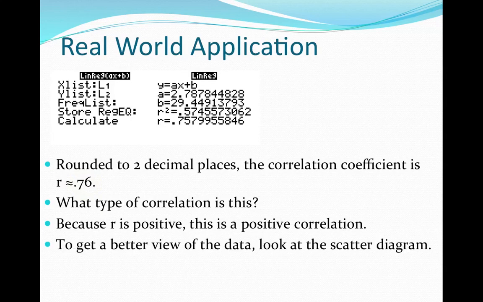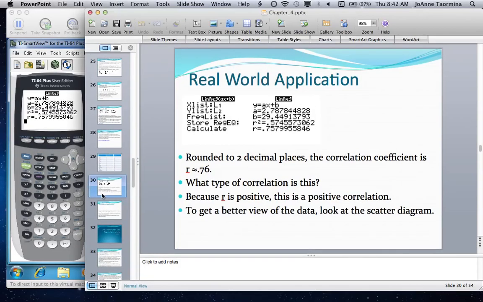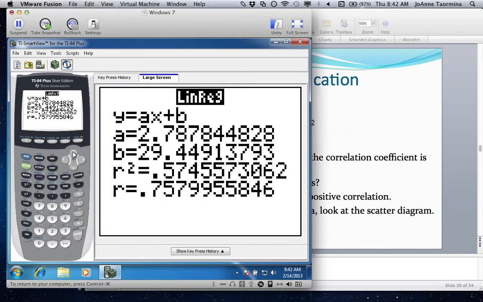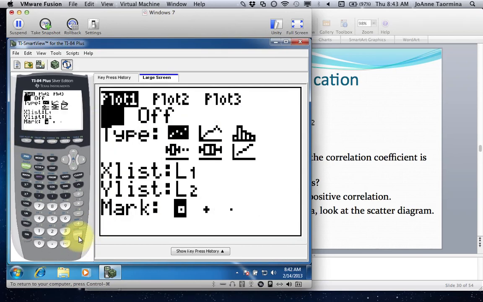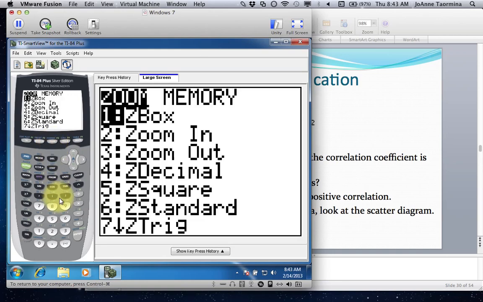So let's look at the scatter diagram. How do we do that again? Let's remember that our scatter diagram is set by going up to stat plot. So second, stat plot. Okay, number 1 is on, and it really is all ready for us. It's on, its type is set to scatter diagram, its X list is L1 and Y list is L2, which is where our data is. So that's perfect. If we press zoom and number 9,